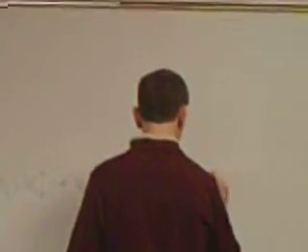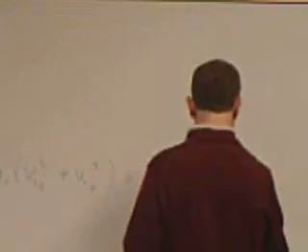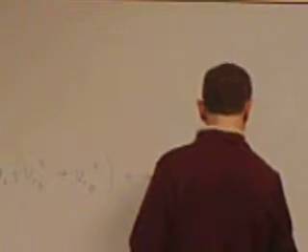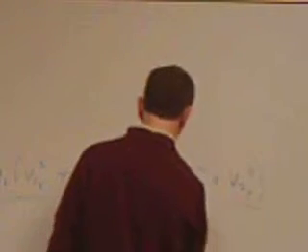And because kinetic energy is conserved, this has to equal M1 times V1x squared plus V1y squared plus M2 times V2x squared plus V2y squared, again, all over 2. And so this is the kinetic energy afterwards. So we've added the constraint